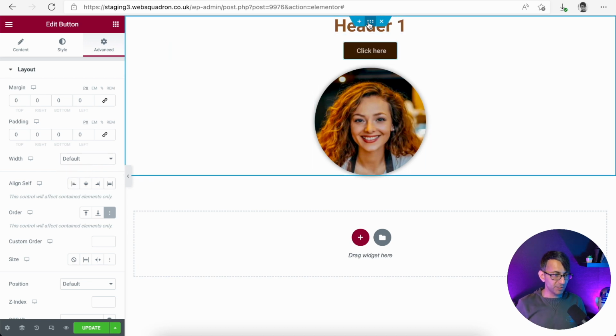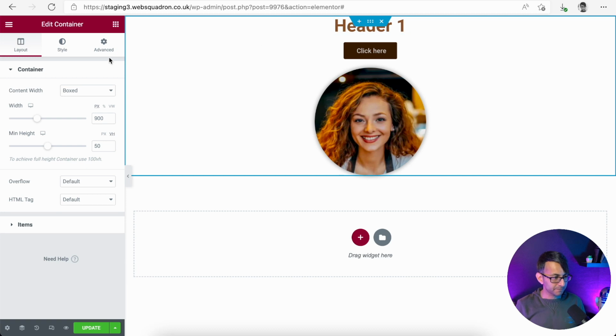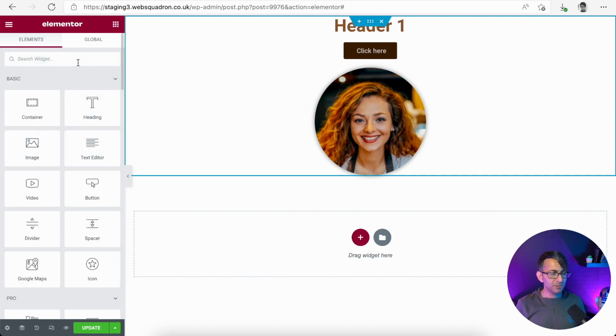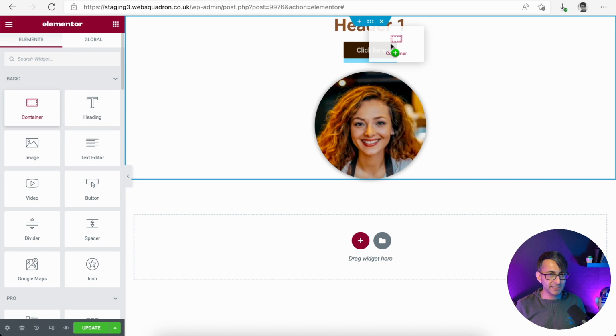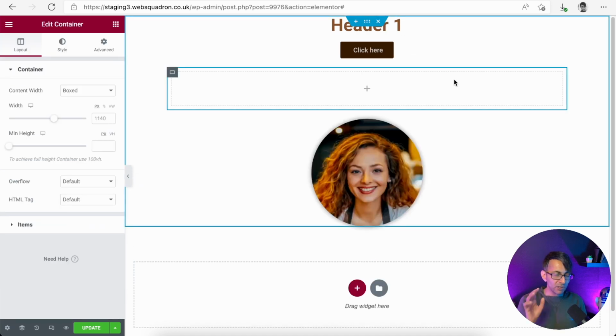So now what we're going to do is go into our section, go to our widget element list, whatever you want to call it, and we are going to grab another container. So I'm going to grab this container like that. You can see it, look, there it is. I'm going to drop it. Now, right now, you're all going, whoa, hold on, that's an inner section. No, it's not, okay? Well, it is, but it's not, because it's called container, and it's not inner section. But stay with me on this.